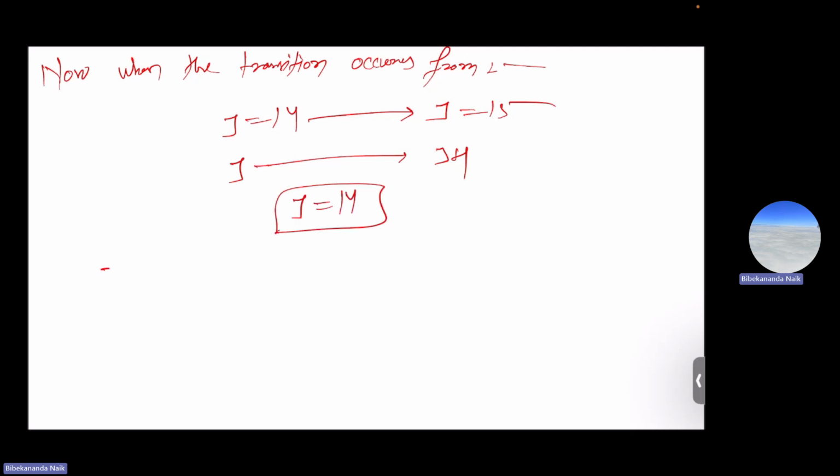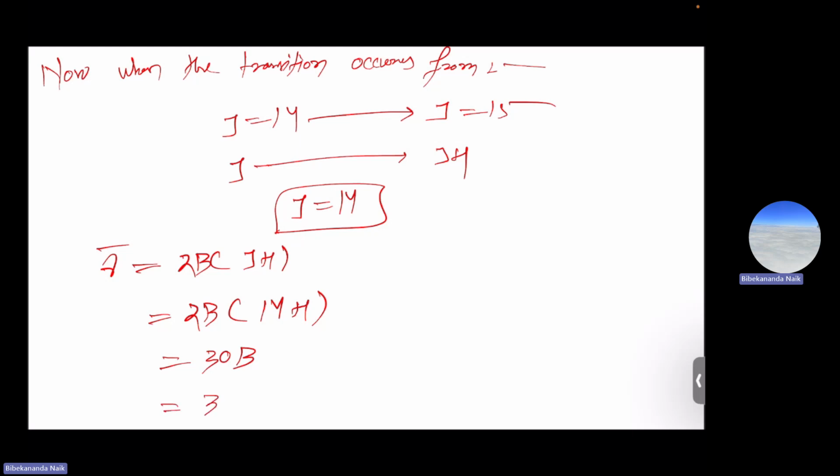So in that case, what will be the wave number? It will be 2B into (J plus 1), that implies 2B into (14 plus 1), that is 30B. So 30B means 30 into 10.34,